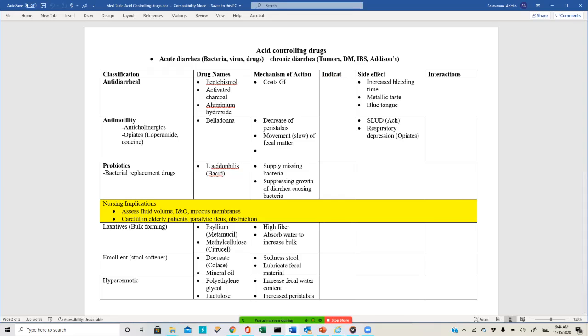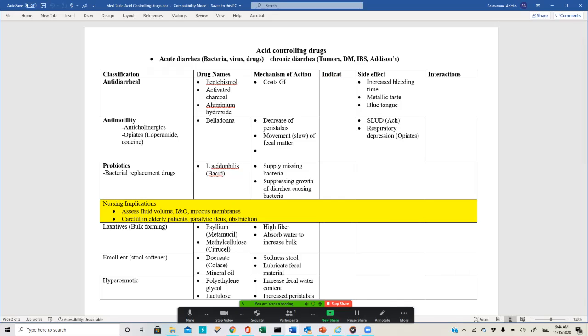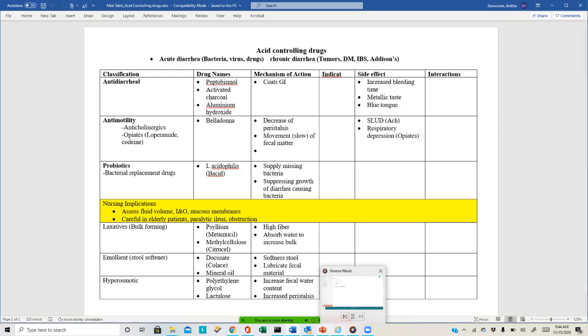So I think in this page, these are some of the important medications that I wanted you to know. I think you can add one more to this list for anti-motility, loperamide. So loperamide is given when patients have severe diarrhea, right? Imodium too is given when patients have severe diarrhea, right? So it's really important